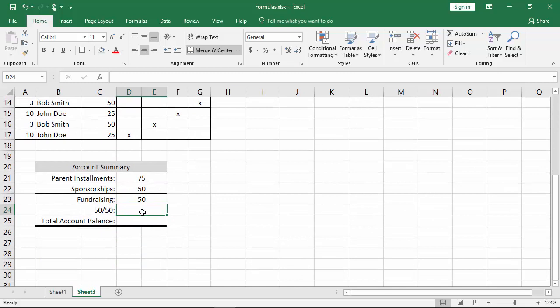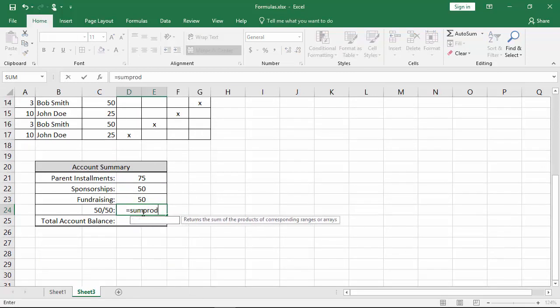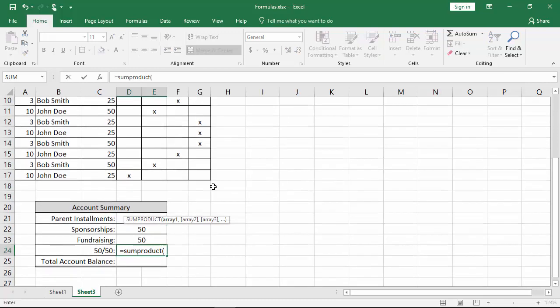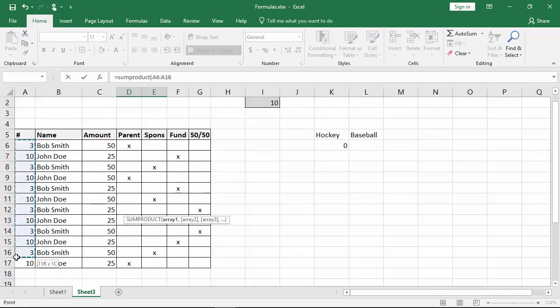So now we need a 50-50 equals SUMPRODUCT, open circular brackets. Let's first check to see if these cells... oops, I did it again, trying to do it too fast. So I do a double negative, open my bracket, check to see if those cells equal whatever's typed here, close the bracket, multiply it by,